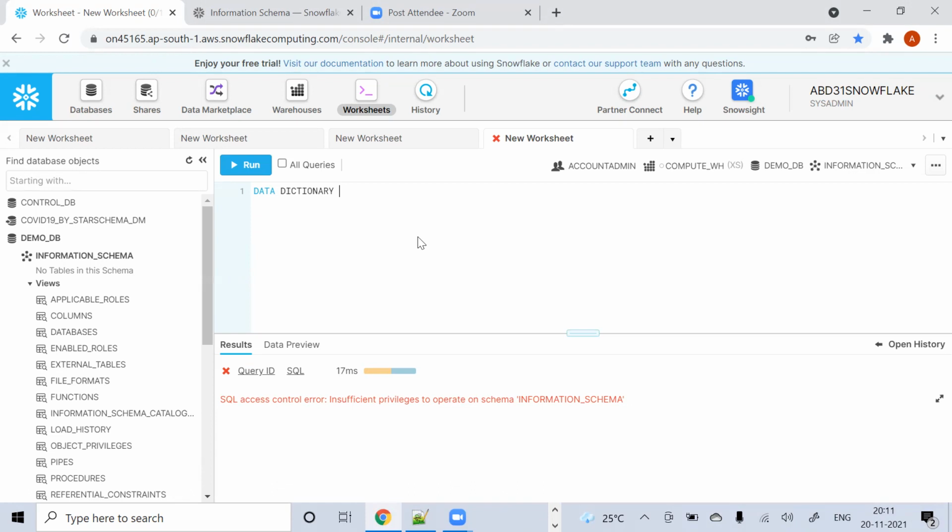Data dictionary comes with every database, right? And what does it store? It stores metadata. What is metadata? It is nothing but data about data. Correct. So a very simple example of this is, for example, if you create a table called